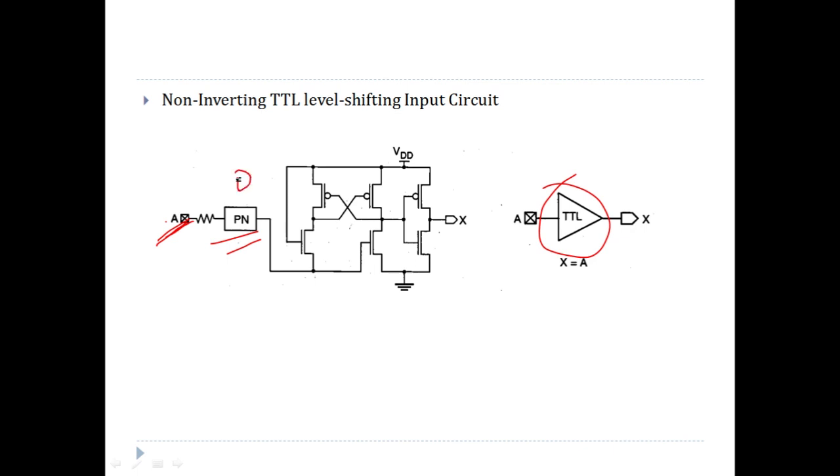So let's say it's logic 0, or say 0 volt. In that case the 0 is there, so this will be off, right? So the same voltage 0 will appear here. Okay, so here you can see the gate of this is connected to VDD, so it is always on. So the 0 voltage is applied here. As the 0 voltage is applied there, it is on. So as this is on, basically this point will be pulled high, because this is on. So there will be logic 1, so this is off, which is very much according